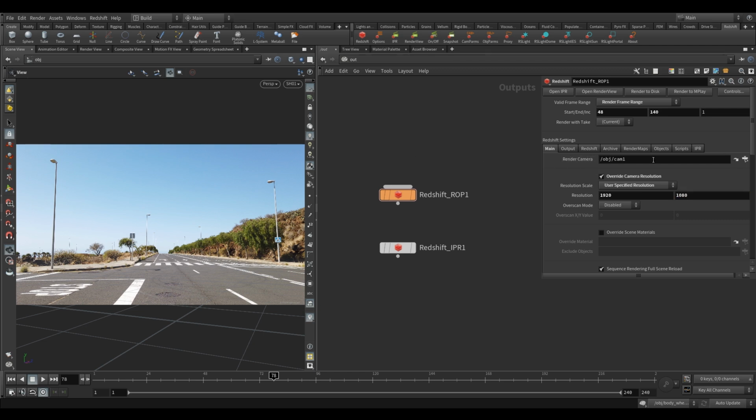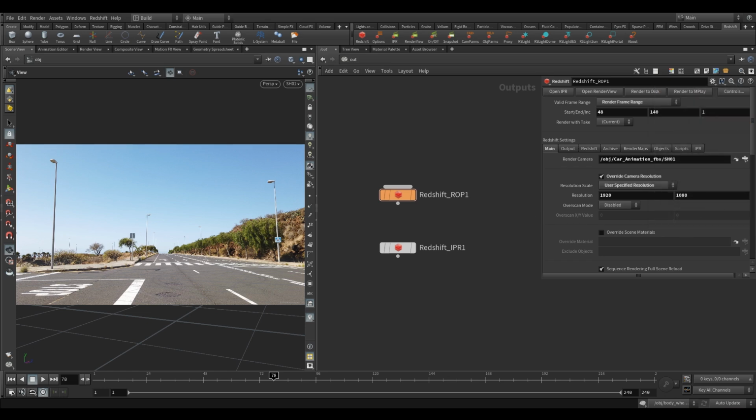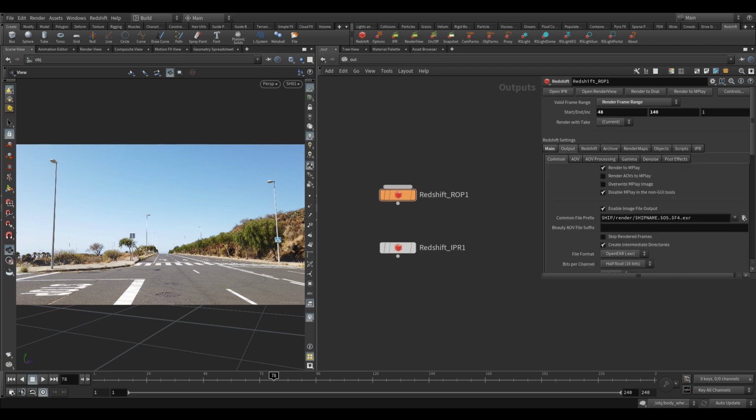Okay, the render camera is not going to be this, that doesn't exist. So oops, what have I done? So make sure we go ahead and find this camera inside the FBX, SH01, so for shot one. So that's good. And then let's see, into the output here,